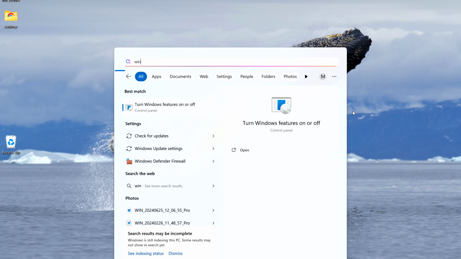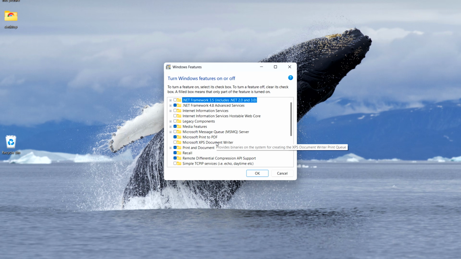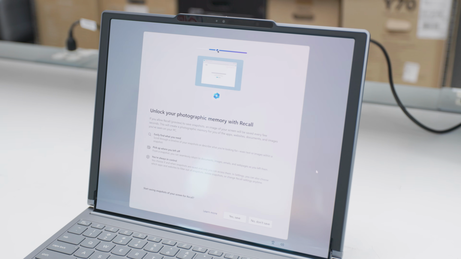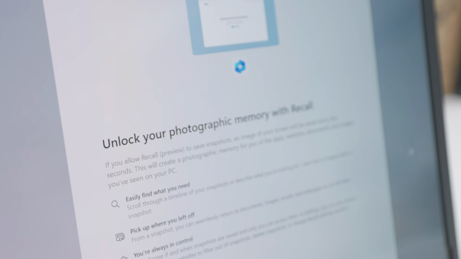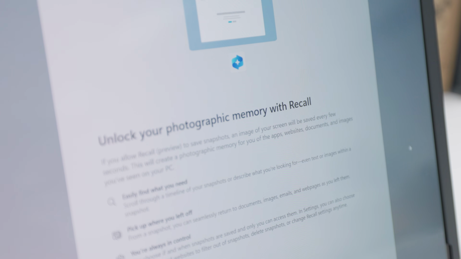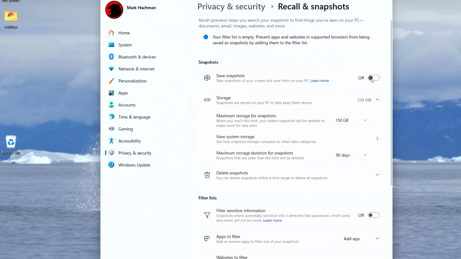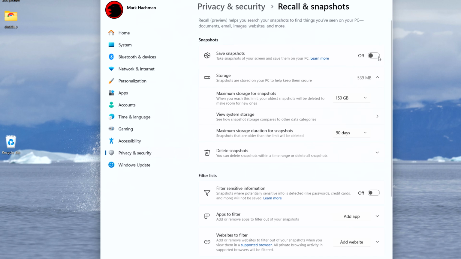Recall doesn't come with your PC. On some early builds, it has to be manually enabled with the Windows control panel, turn Windows features on and off option. But in newer PCs, Microsoft is pushing pretty hard with Recall, and you might see it in the out-of-box startup experience or via some other trigger. Recall is constantly taking screenshots of what you're looking at, regardless of the application, and storing those on your PC. They can take up tons of room, 75 gigabytes on one of my test PCs. Recall doesn't feel like a bad idea. Just a misguided one.